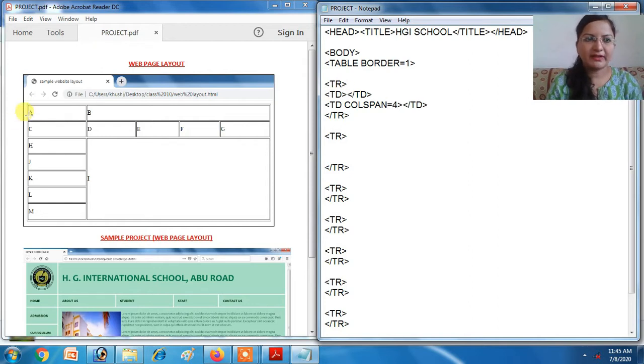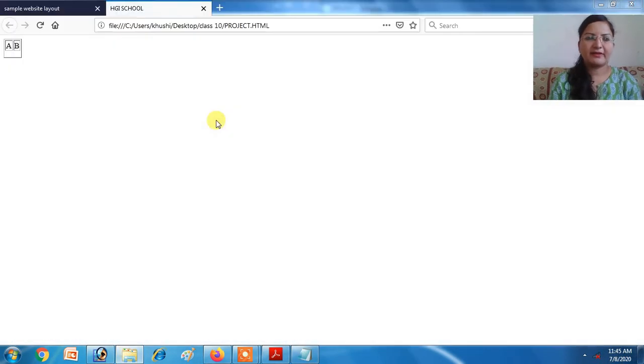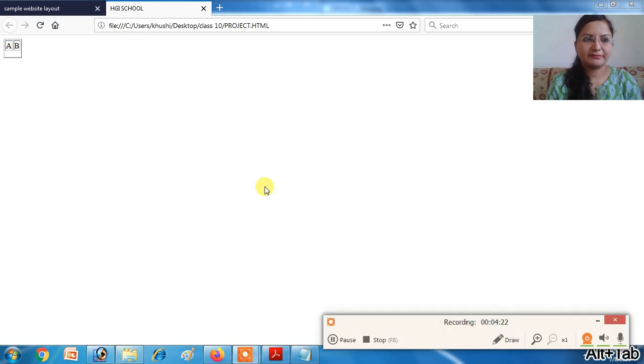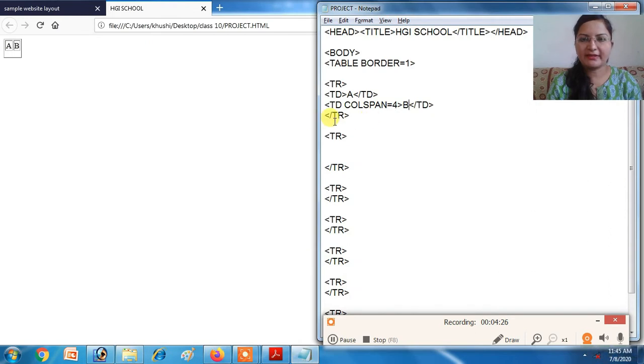Here you fill the data right now. First TD is A, second TD is B. Open the folder, double click the file that you have created. You can see there are 2 cells in the first row. As soon as we fill the data inside TD, we will be able to see the output.